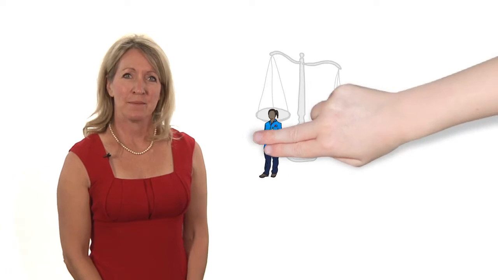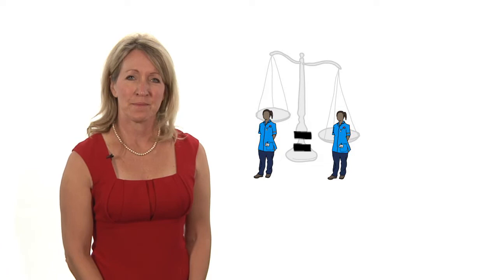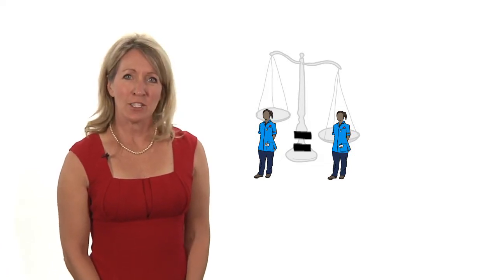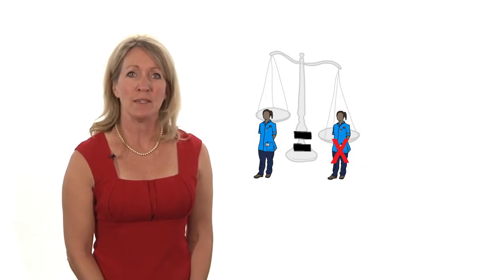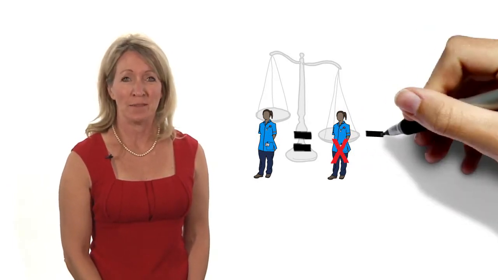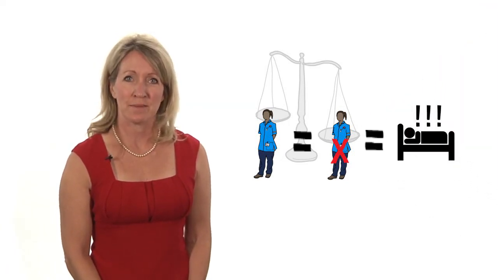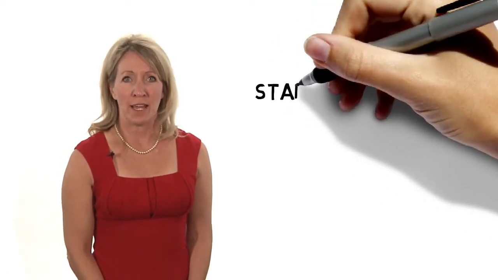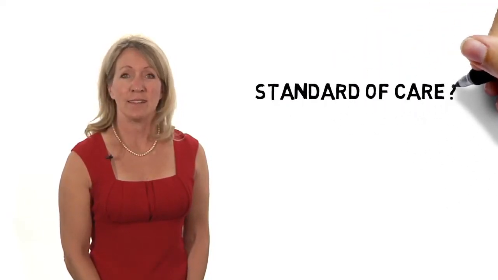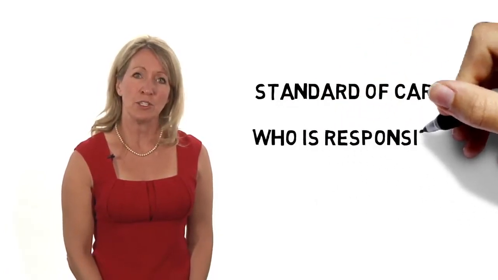The legal system also has a perspective on nursing responsibility. It is that the nurse must provide care which is reasonable under the circumstances. The premise behind all nursing negligence lawsuits is that the nurse failed in some way to act as another reasonably competent nurse would have acted in that same situation, and that their failure caused or contributed to an injury to the patient. In nursing negligence lawsuits, it's important to determine the standard of care, as in what should the nurse have done in this situation, and then to identify which member of the healthcare team was responsible for the injury.